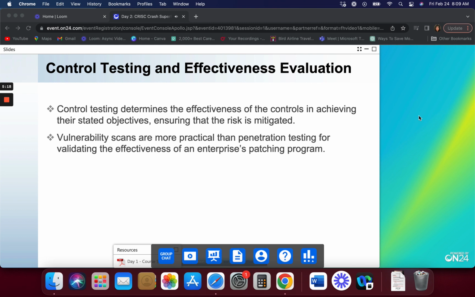Vulnerability scans, like a penetration test, are more practical, they say, than penetration testing. But wait a minute. Earlier they said penetration testing is testing for vulnerabilities. Welcome to ISACA's testing world. For those of you that felt like you ran into contradictions before, but you thought maybe you were crazy, you weren't. Ladies and gentlemen, these two starred points are both potentially on the same exam.